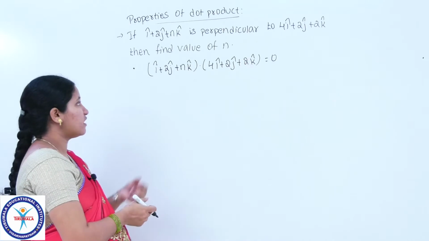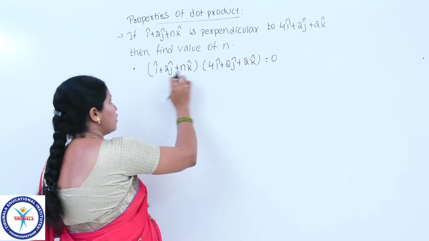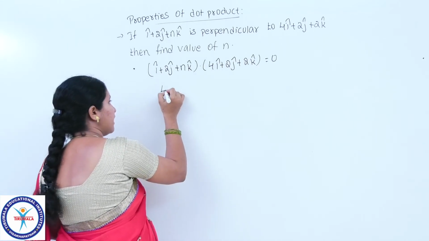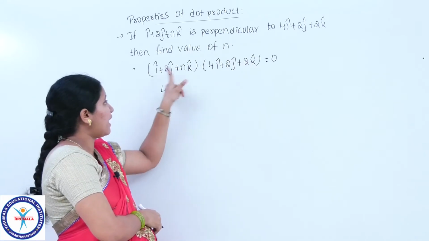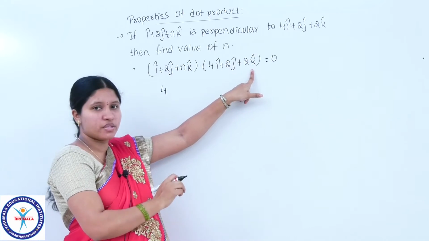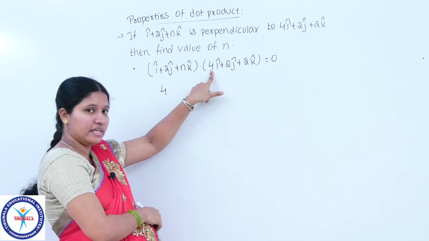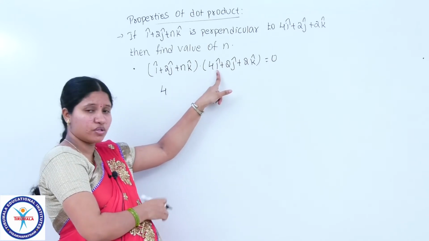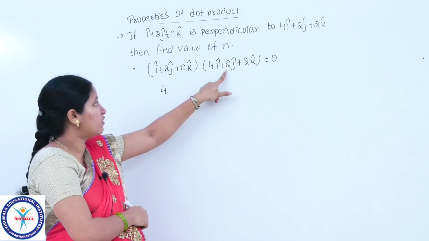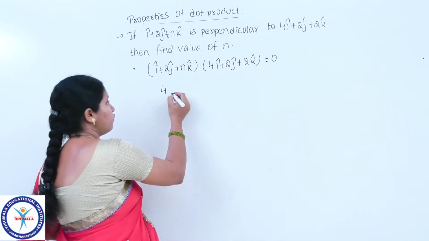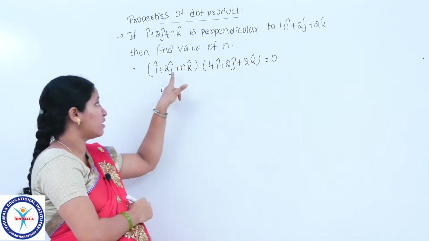So first find out the dot product of the given vectors. i dot i is 1, so multiplying its coefficients we get 4, and i dot j is 0, i dot k is 0. So the two terms become 0. Now coming to the next one, j dot i is 0, so the term is 0. j dot j is 1, so multiply their coefficients, 2 into 2 is 4. So 2 into 2 gives 4, plus the 4 from before, and j dot k is 0. So the term becomes 0.